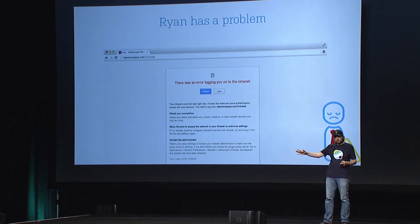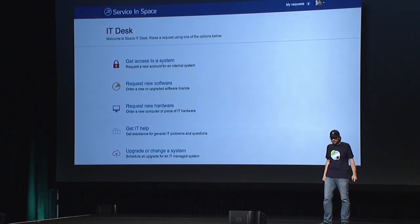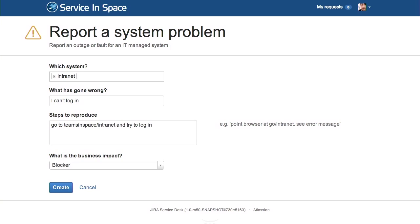He doesn't have to go to Jira, doesn't have to go to the create issue screen. He needs the IT team's help. And he comes into Jira Service Desk. So he gets a very specific customer portal interface. And you'll notice he doesn't get asked to create issues. He gets asked very simple things in his language about what he wants to do. Does he want to request new software? Does he want to get help from IT? Change a system? In this case, he's going to report a system problem. He has a problem with doing things. And again, the form is entirely in plain English, built in his language